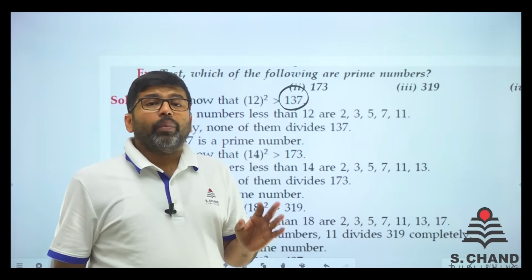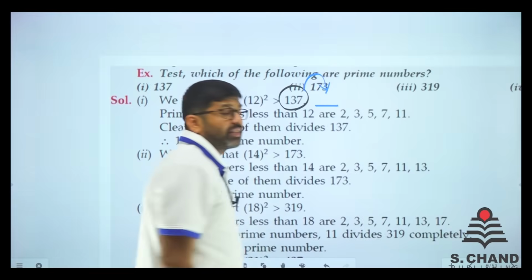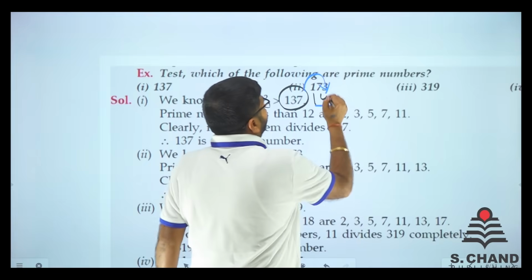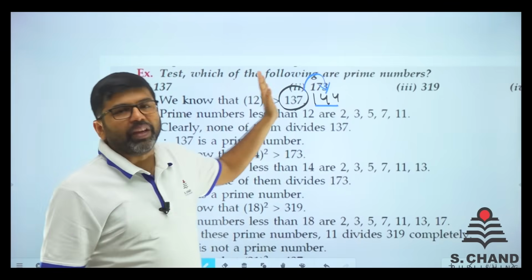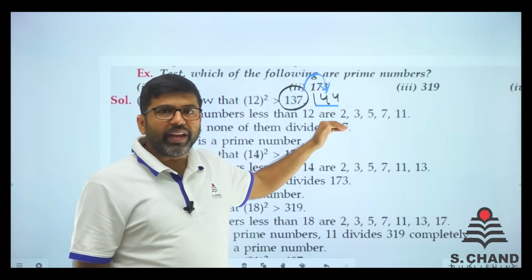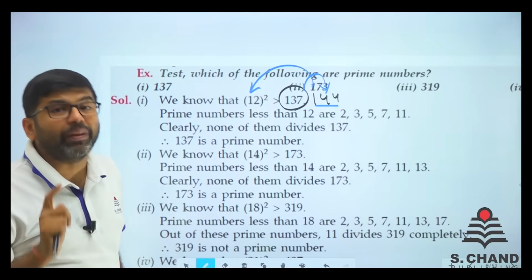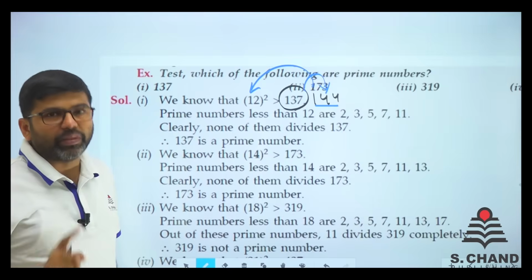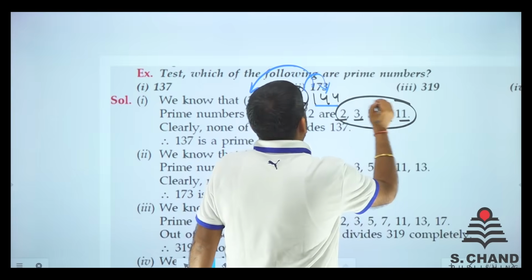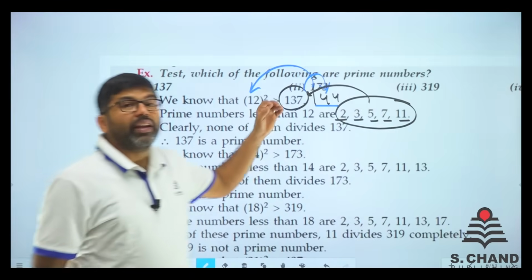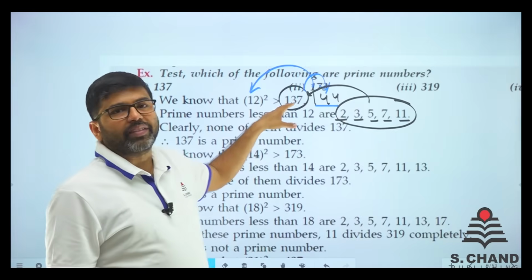Just do one thing. Just find which number is just bigger than 137 and a perfect square. We know that 144 is a perfect square. So, a number just bigger than 137 and a perfect square, you need to find that. Its square root is 12. So, take out all the prime numbers which are less than 12, say for example 2, 3, 5, 7 and 11. Just divide 137 by these. If there is any factor from these 2, 3, 5, 7, 11 of 137,